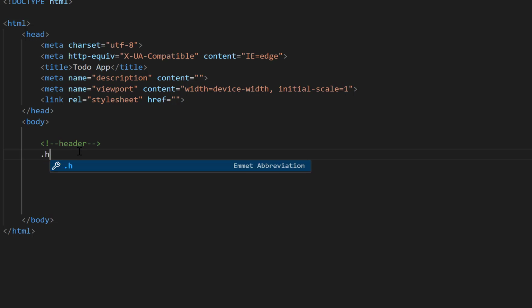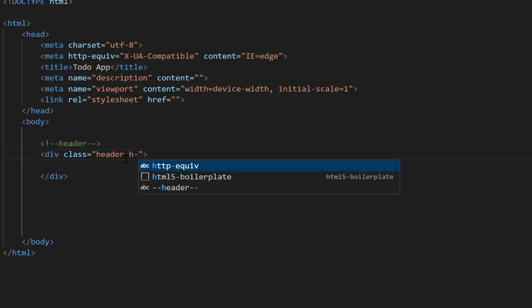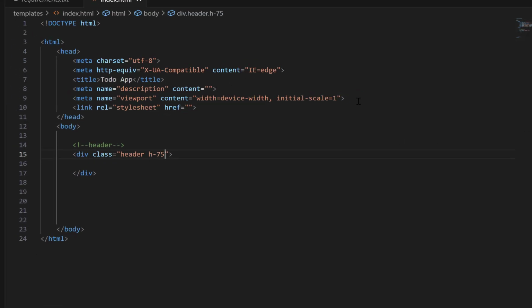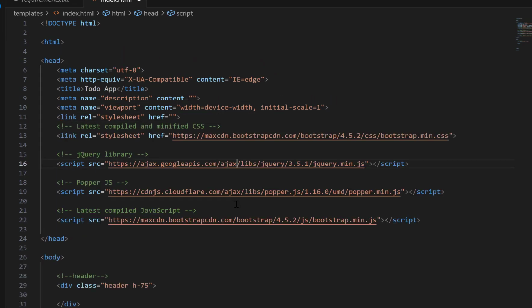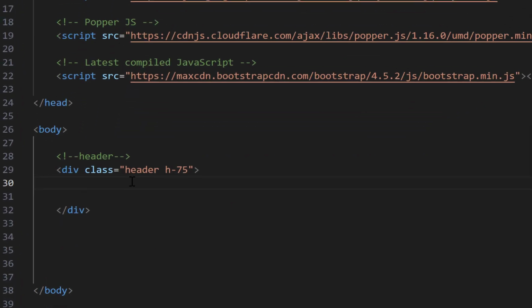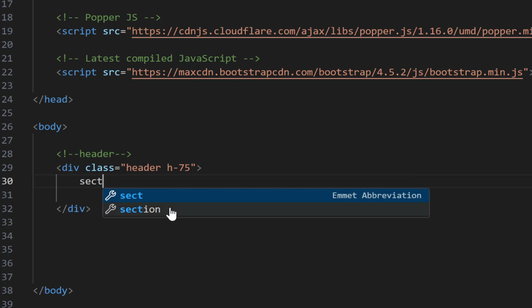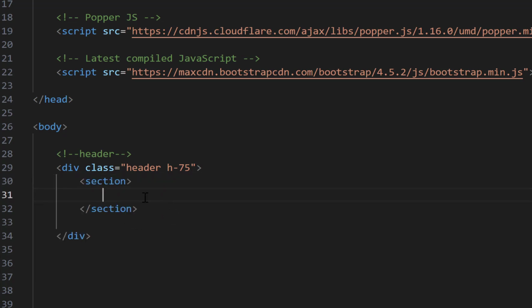So we can type .header, then enter, and I'm going to give the header class a height of 75. Not forgetting that we are going to be working with Bootstrap, so endeavor to add the Bootstrap CDN link within the header tags. Within this div element for the header, I'm going to first of all add the section tags,